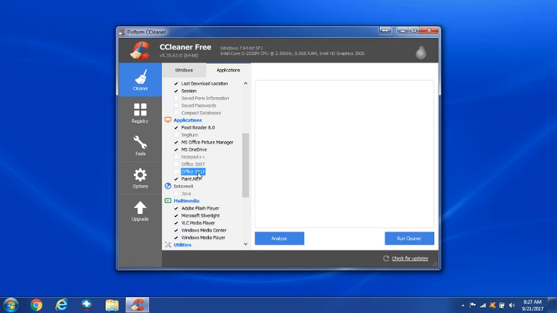always uncheck Office. And here's why. If you, like most everybody else, have installed from a disk or from Microsoft in the download sections in good faith, because you have a license and you have purchased it from them or Newegg or a reputable source, you have used either a disk or downloaded from them to do this. The downfall to letting CCleaner clean up Office is it will remove the files you need to install a future